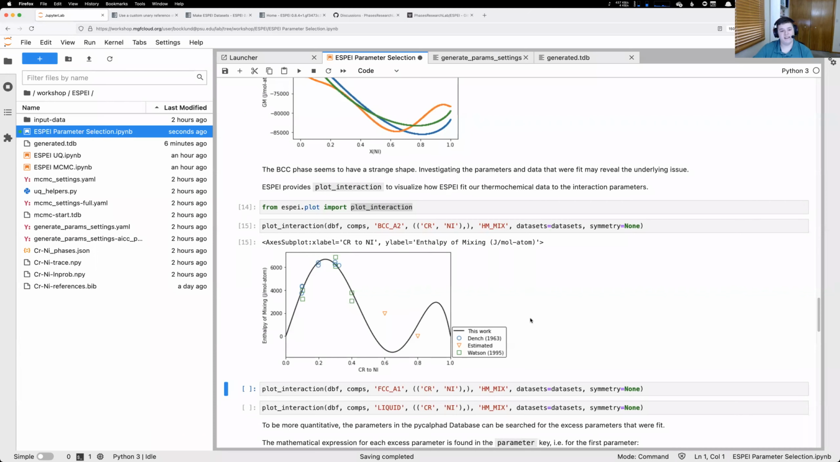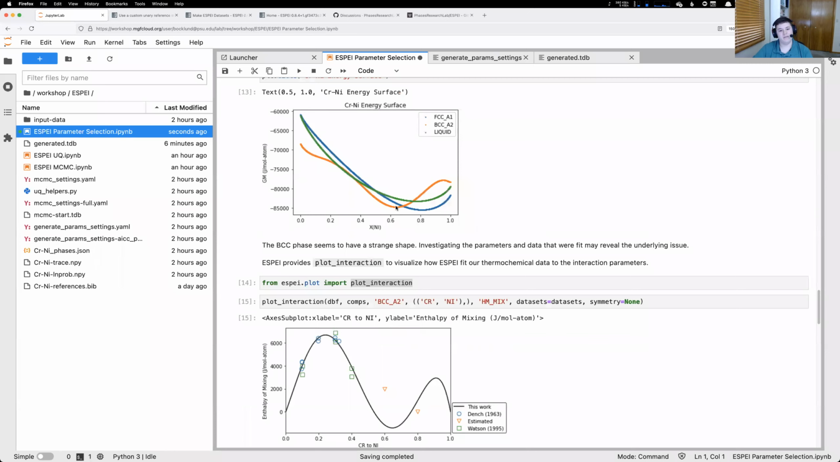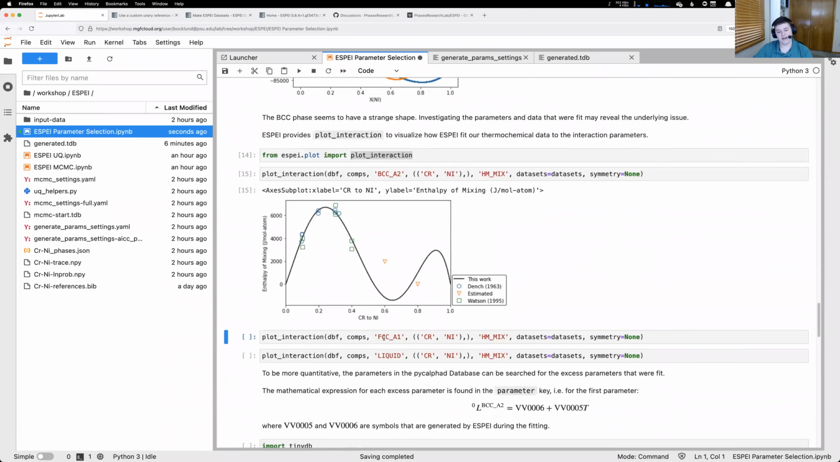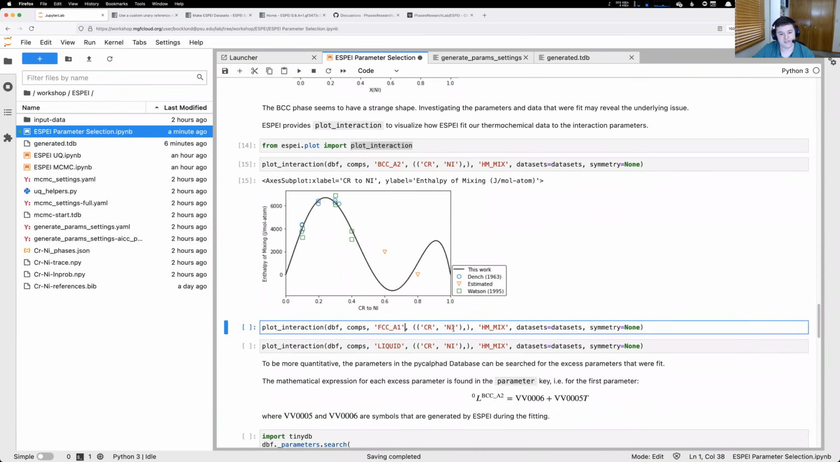And so for BCC, this was the interaction parameter that was fit for the enthalpy of mixing. You can see that in the area where we have some experiments, it's pretty good and pretty well fit. I have some estimated points here in the triangles, and you can see that those are definitely less well fit. And we have this well here around 65% nickel that corresponds to this minimum in the energy surface. And so that's kind of weird, right? Let's keep that in the back of our mind as we check all the other parameters and